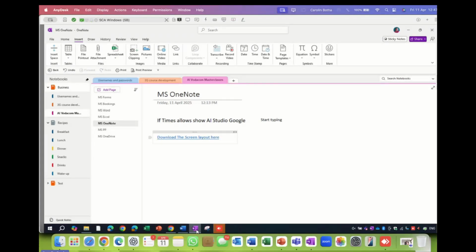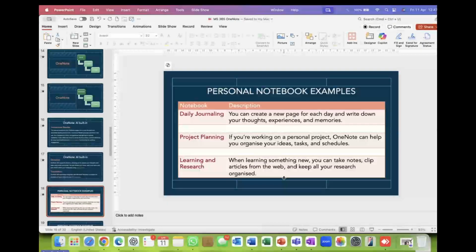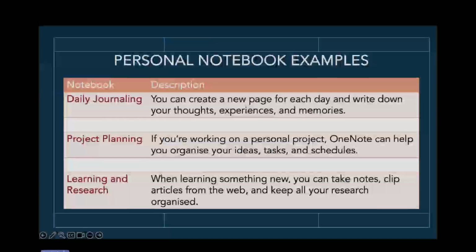Also, there are so many ideas. Okay, before I touch on some of the others, only a little bit of them, the page templates. Guys, this is not a big app. It's not a huge one like Excel. This is a tiny piece of the Excel mountain, but at least it's for notes only. So that's why it doesn't cater for so many other things. Let me just head back to my presentation. And I just want to show you some other examples.